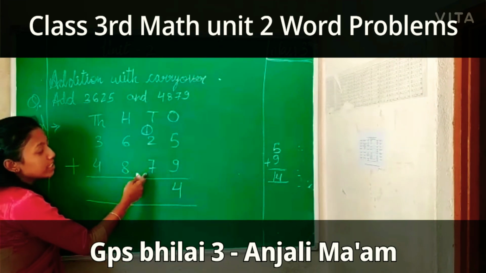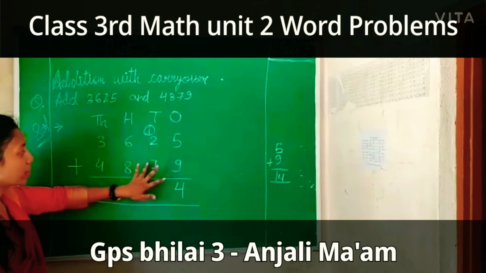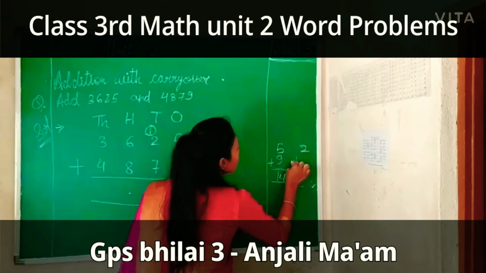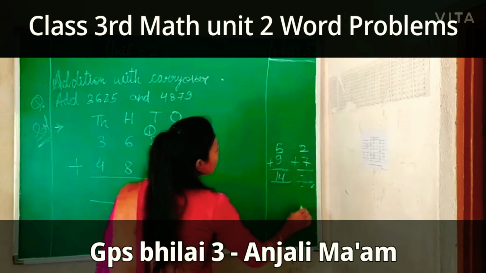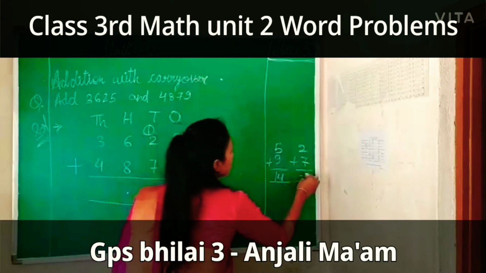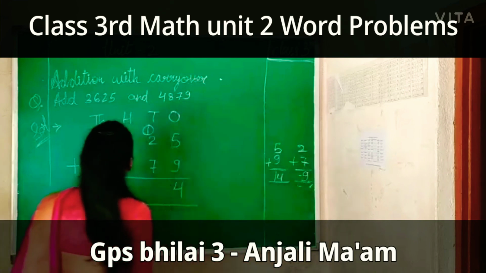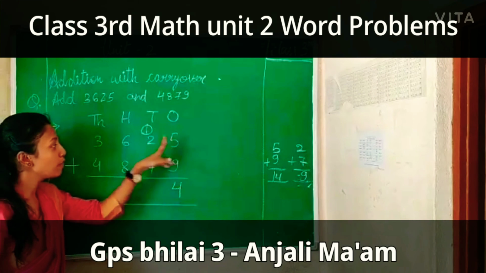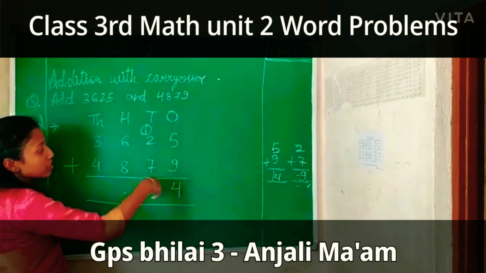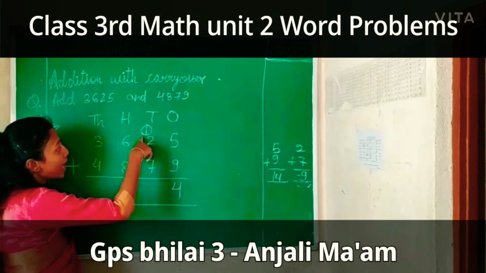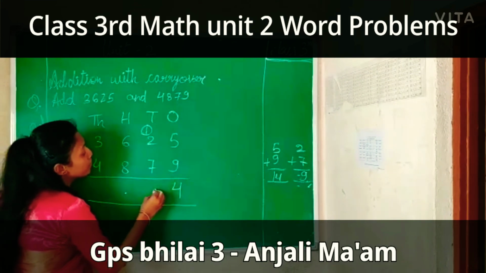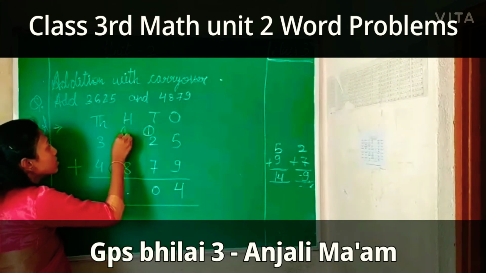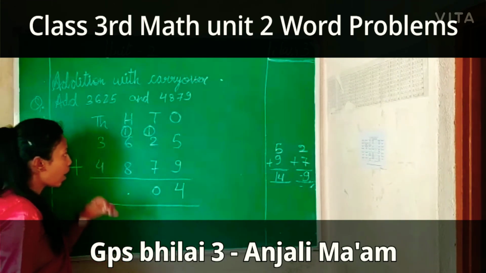Here we have to add 2 and 7. So first of all you will add 2 plus 7. How much will it become? 2 plus 7 is 9. And here is one more carry, so it will also be added to the sum of these two numbers. So 9 is the sum of these two numbers and the 1 will be added, so it will become 10. So 0 will be written here and the carry goes 1.